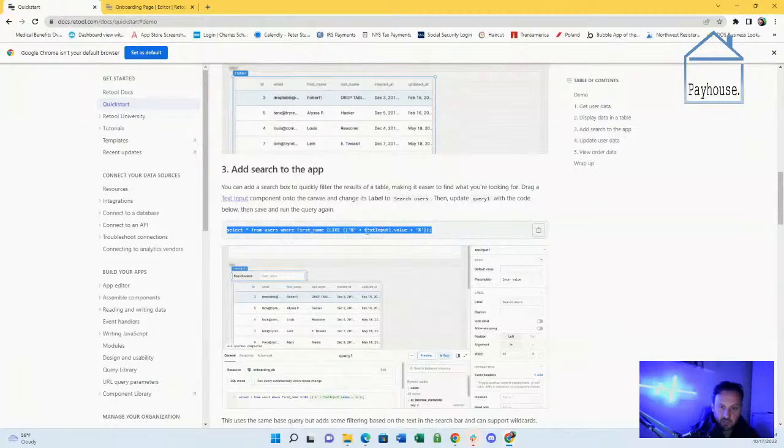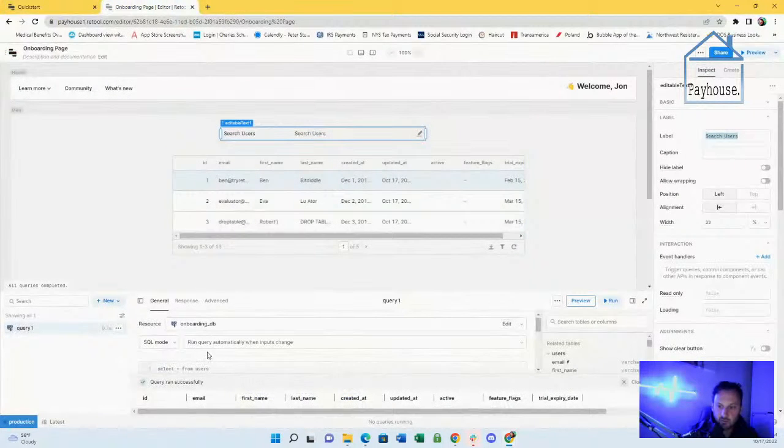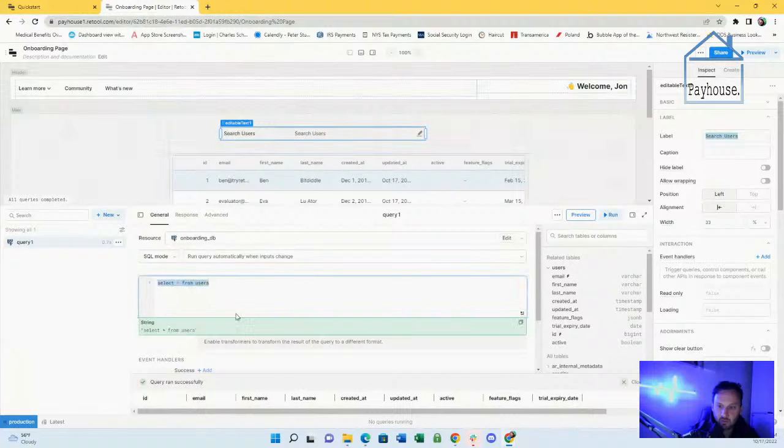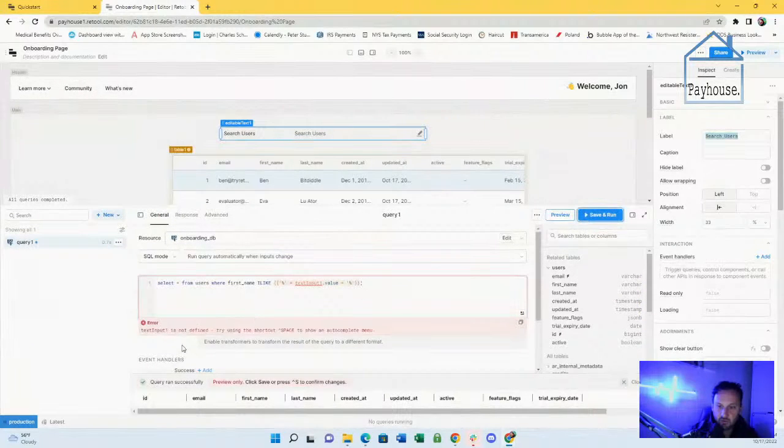Okay, I see. I'm probably going to have to change this value. So let's add this, then update query 1 with the code below. Update query 1. So we're going to have to go here. I think we have to just put this in here. Text input 1 is not defined. Try using the shortcut for an autocomplete menu.